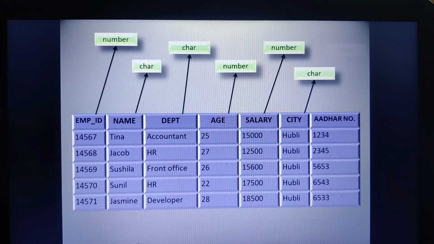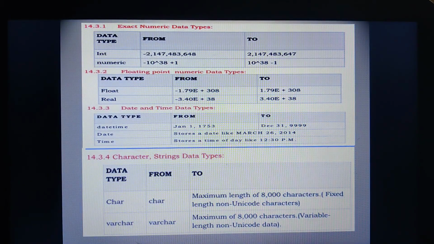Am I right? Then in our next slide, let us see what are the sizes of the data types. Integer, if I am using, can have the range of almost -2,147,483,648 to +2,147,483,647. This is the range of the numeric, that is the number data type. In terms of floating type, we have less precision.